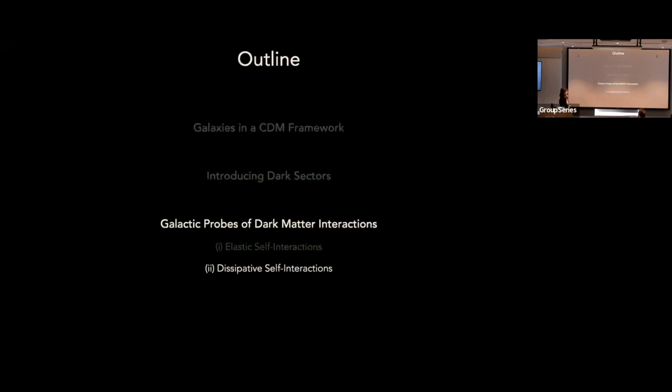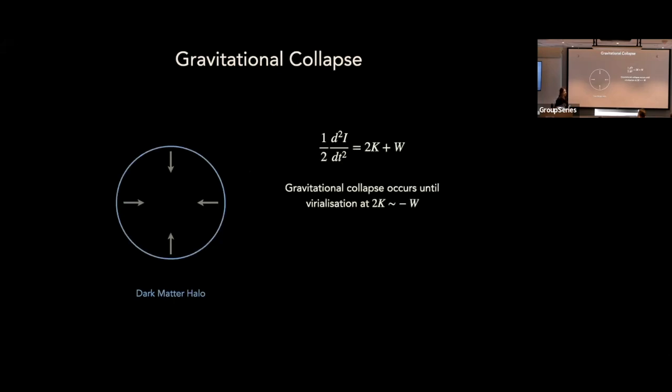Okay, so in the remaining part of the talk, just a few slides, I want to talk about a variation on this, where now I'm going to make my self-interactions no longer elastic. So we're going to allow energy to be lost in those interactions. This becomes an interesting counterexample, because now we can start allowing our dark matter halos to continue collapsing further, because you have cooling mechanisms that can drive that.